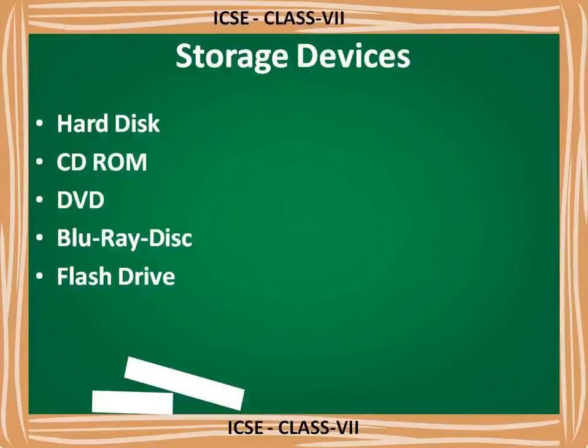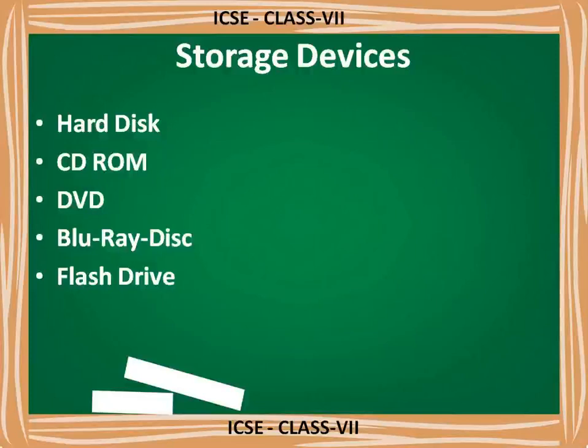Next is DVD, digital versatile disk. The full form of DVD is digital versatile disk, and this DVD was invented in the year 1995. Now it is a very popular storage device to store information. It can hold data up to 4 GB, and nowadays DVDs of up to 17 GB are available in the market. In a CD we can store a very small amount of data, but in a DVD a large amount of data can be stored, and the data reading and writing speed is also higher compared to CD.